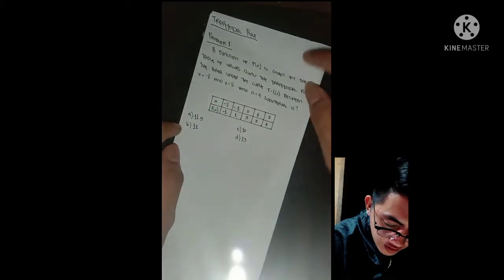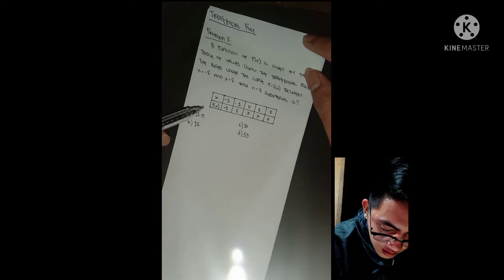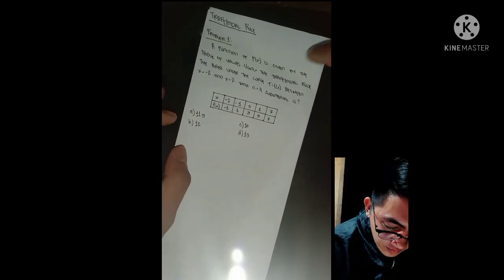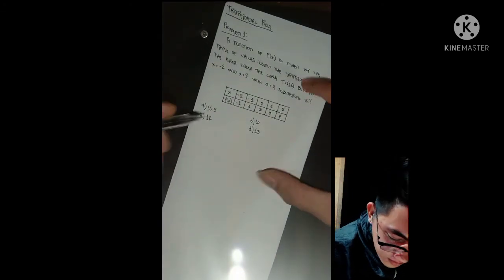Our choices: in A we have 11.5, in B we have 12, C is 10, and letter D is 13. So for our solution,